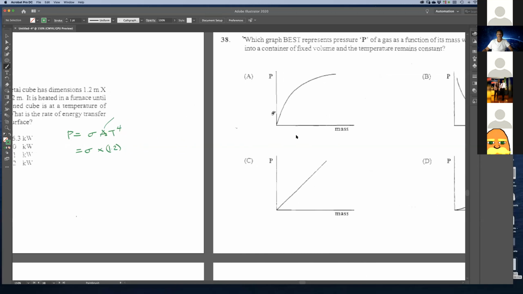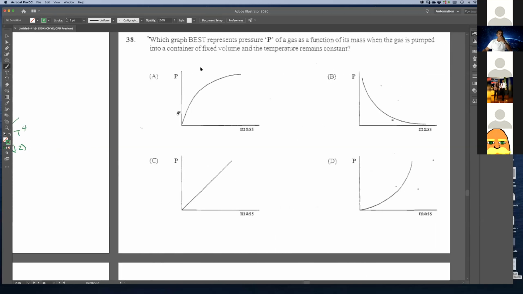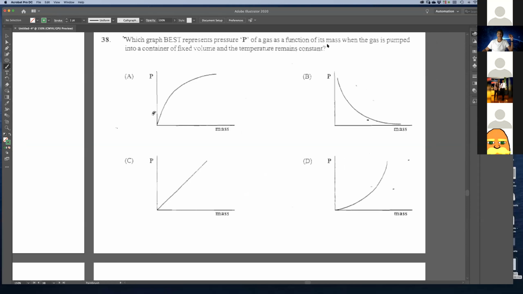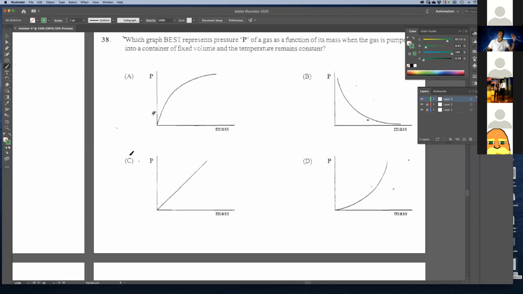Number 38. Which graph best represents the pressure P of a gas as a function of its mass when the gas is pumped in the container, fixed volume and temperature remains constant? It's kind of obvious it's going to be C, because if you double the amount of gas, then you expect twice as many collisions. But more importantly, PV is equal to 1/3